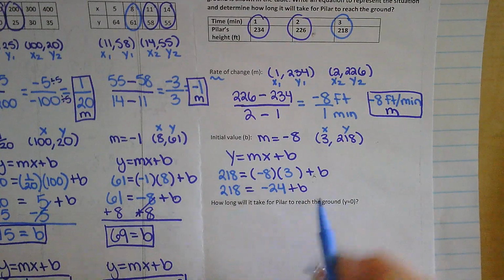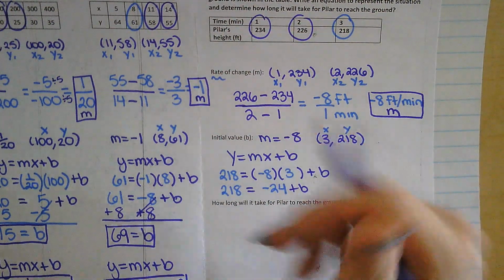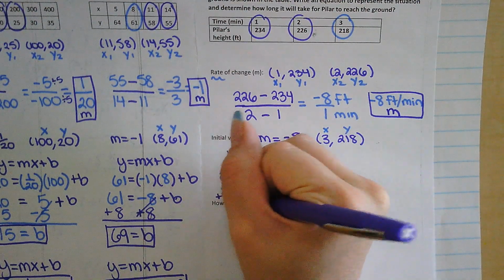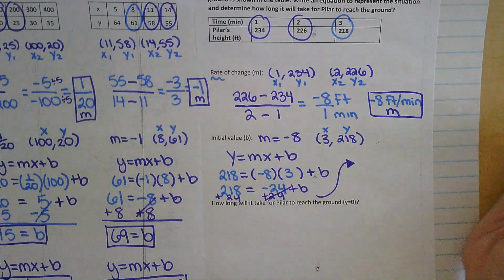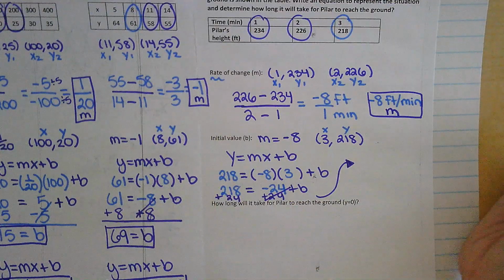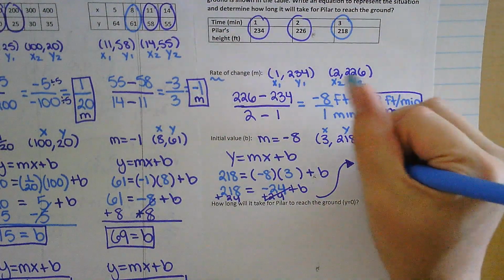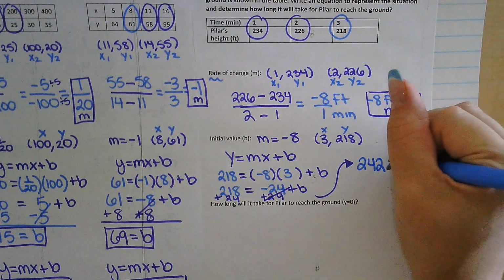To find out what b is, I'm going to cancel out this -24 by adding 24 to both sides of my equation. I'm going to move up here because I'm out of room. 218 plus 24 leaves me with 242, which is going to equal b,